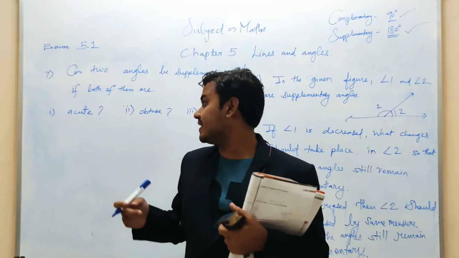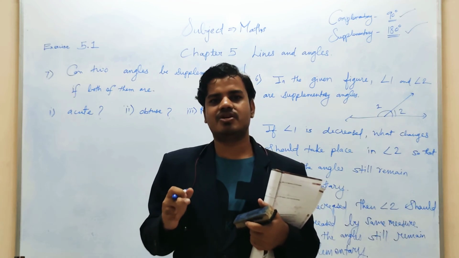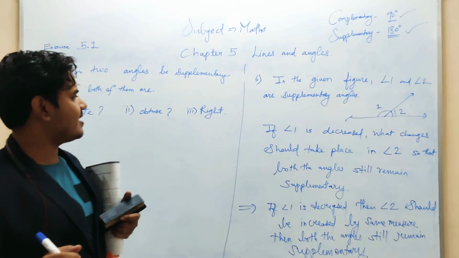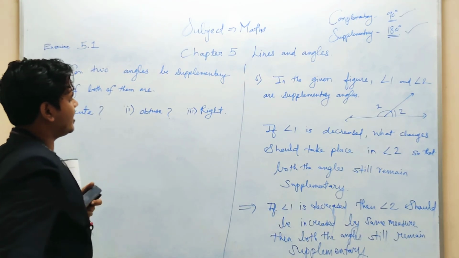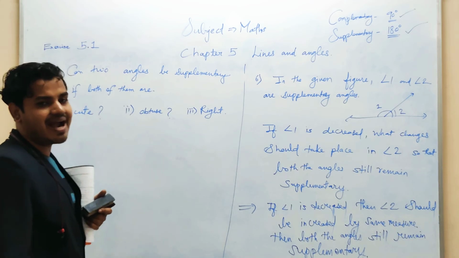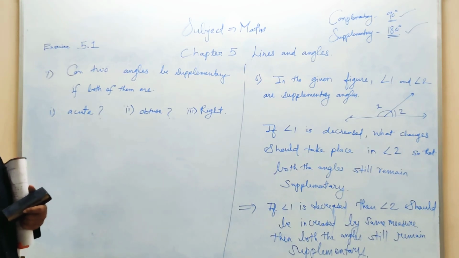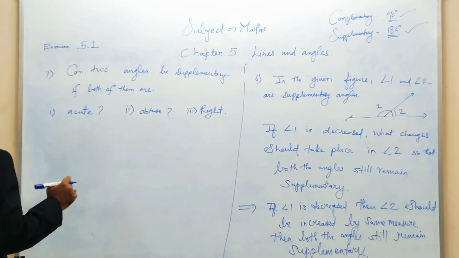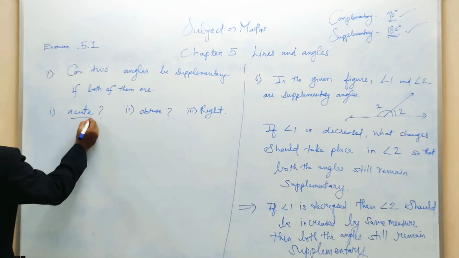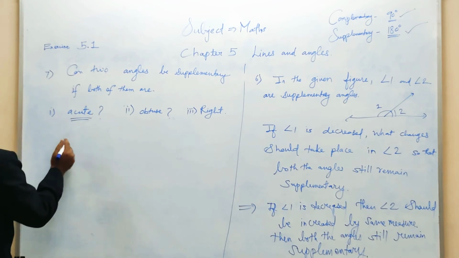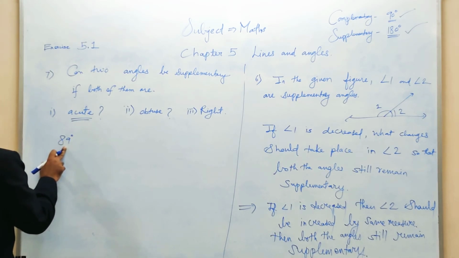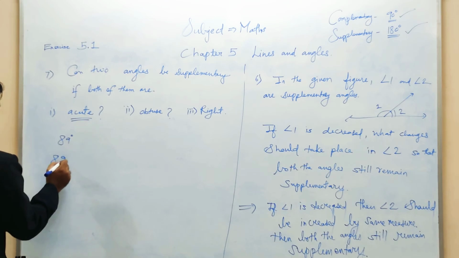Acute angle. Right angle is the angle which is equal to 90 degrees. And if the measure of an angle is greater than 90 degrees but less than 180 degrees, that angle will be your obtuse angle. So let us see here, can two angles be supplementary if both of them are acute angles? The number less than 90 is 89 degrees. So this is your greatest acute angle. So let us add 89 plus 89.